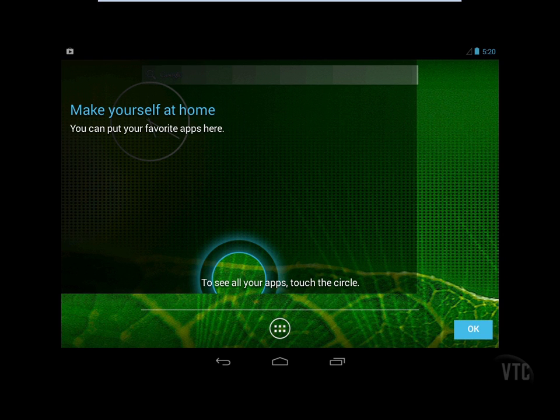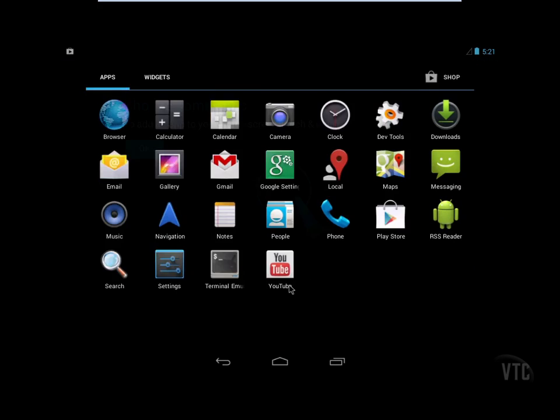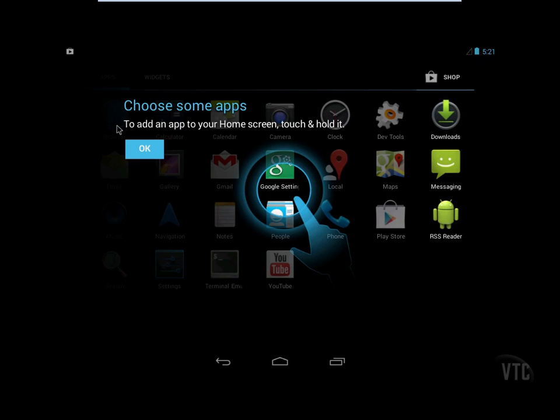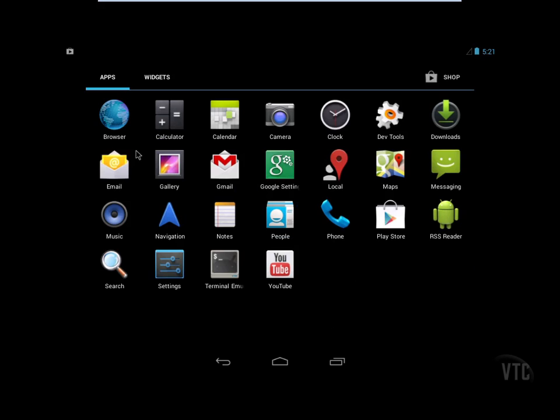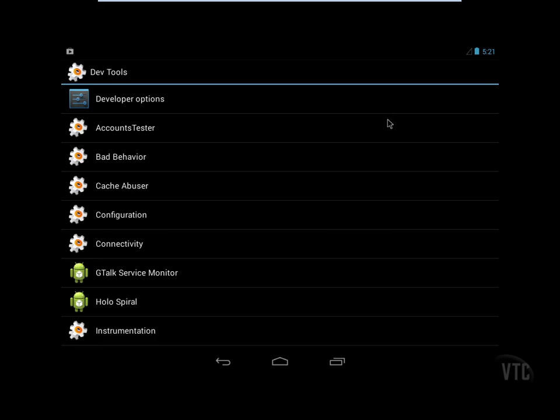And from a security perspective, again, this may be useful to learn on, but I'm not sure you would get a lot more out of it other than possibly learning how different Android applications may work, such as rooting software and some of the other stuff we discussed earlier. It has the typical Android apps on it. I just set this particular one up, and it took me through the setup just like you would a new tablet. And it's even got some dev tools on here, and I think that's very useful